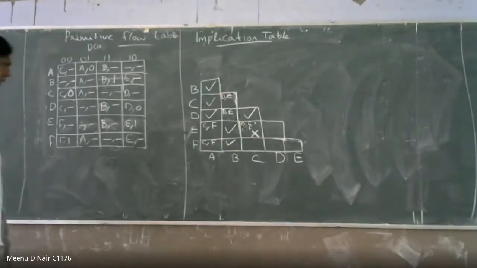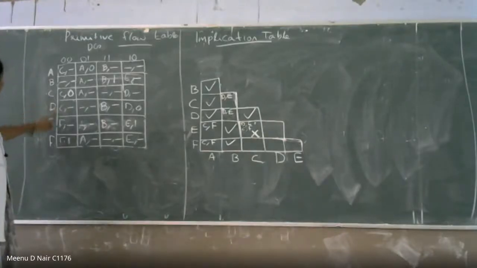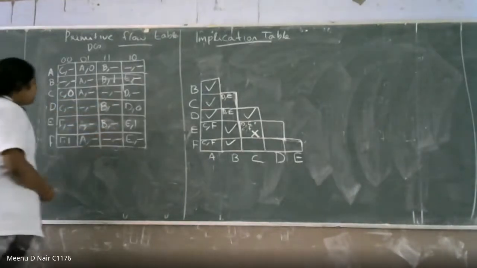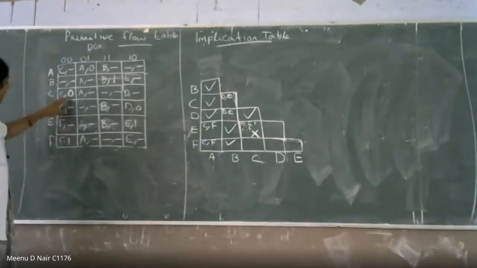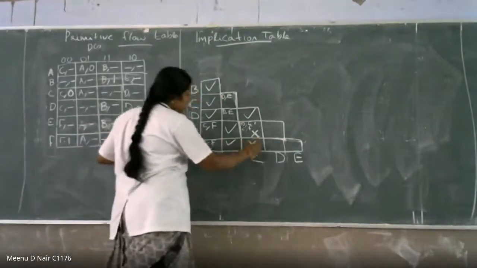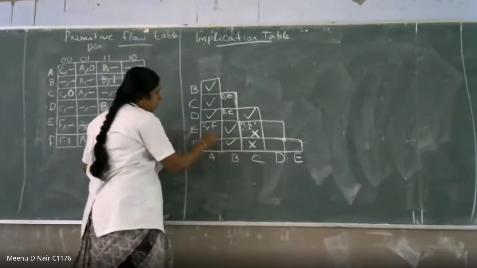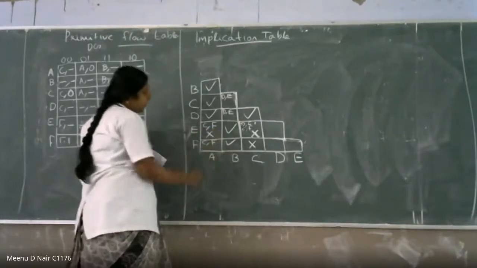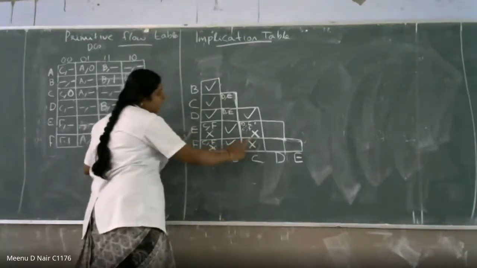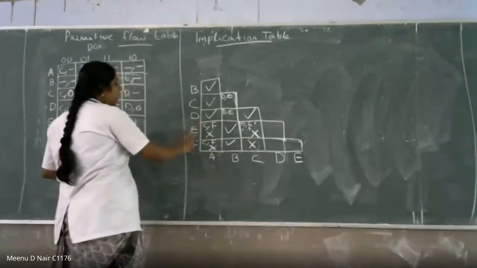Then what about C comma F? This is C comma 0, F comma 1 is not comparable. Okay, this is comparable, this is comparable. Here also it is not comparable. And one thing you can check here: the output is 0 and here the output is 1. From that itself you can make sure that this is not a comparable one. C comma F is not comparable. So this cell is also not comparable and this cell is also not comparable because actual C comma F cell is not comparable. So you cannot compare E and F.